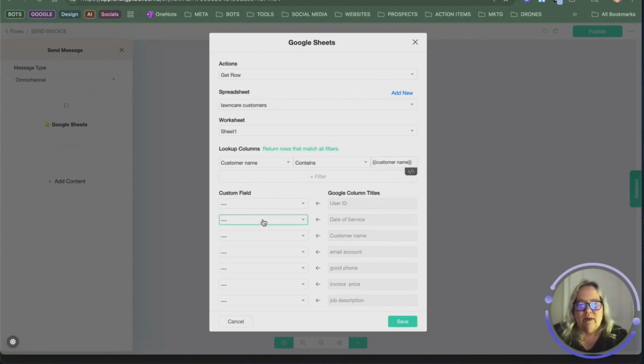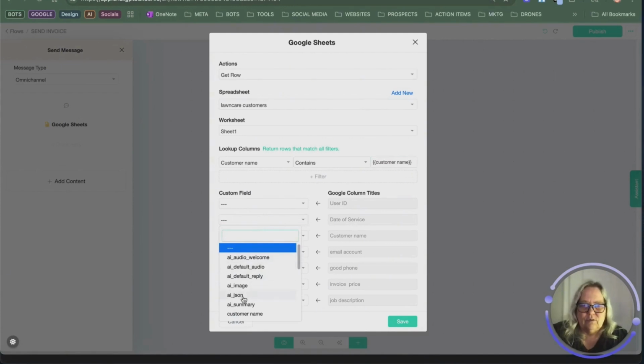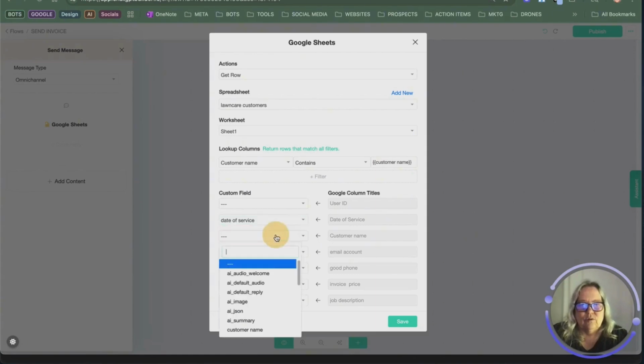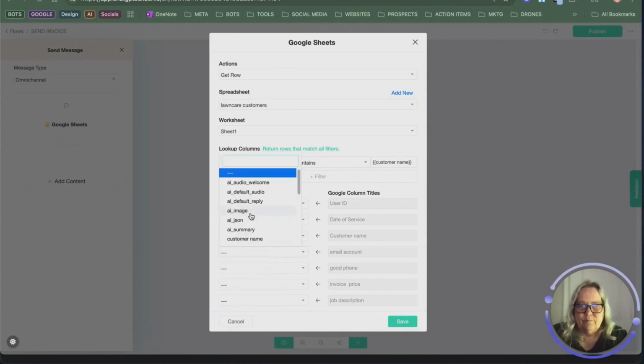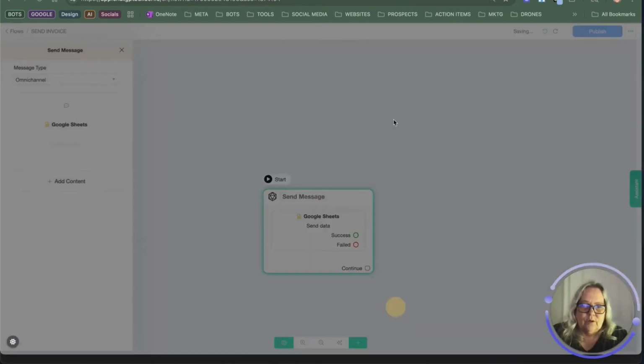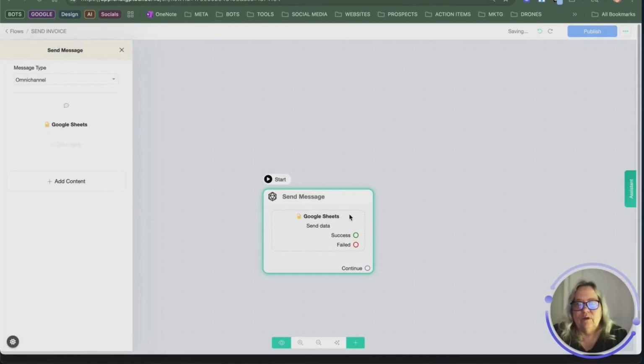And then we'll map out these custom fields to the headings. All right, save that. And now that we have that mapped out, now we will create an OpenAI block